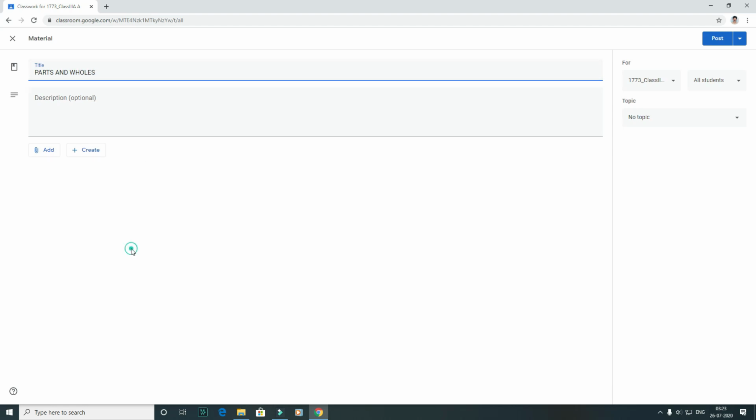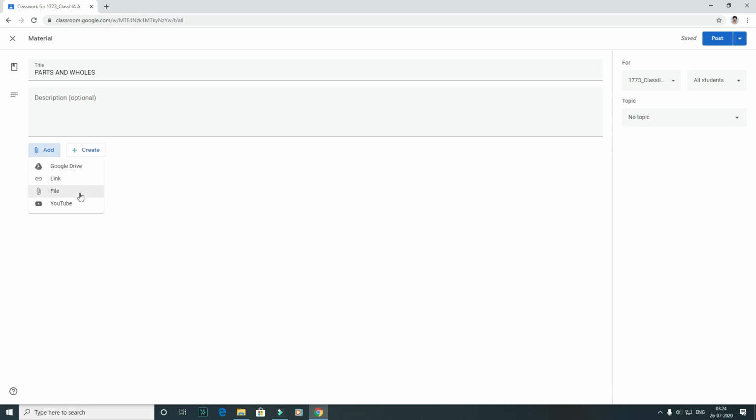Here you can type the topic of the particular material, for example, parts and wholes. Now just down there, the description is there. There you can type how the student should submit and what you expect from the student. Now you can add.